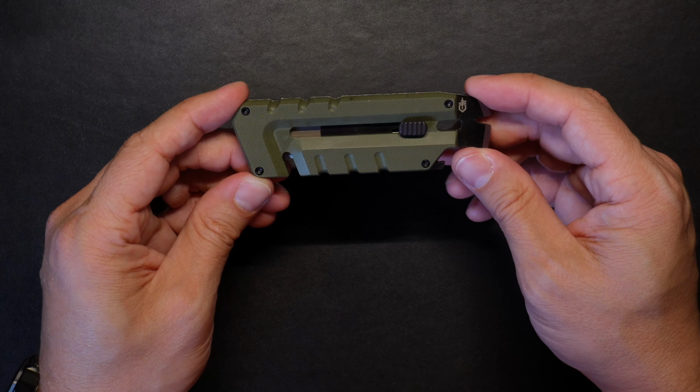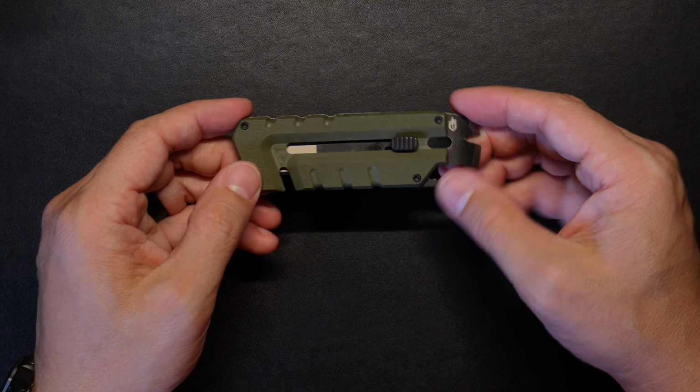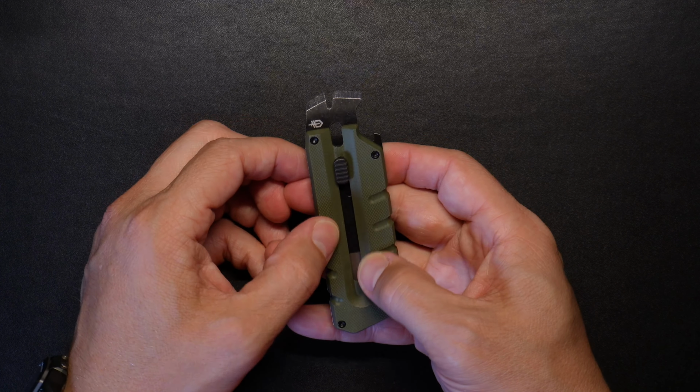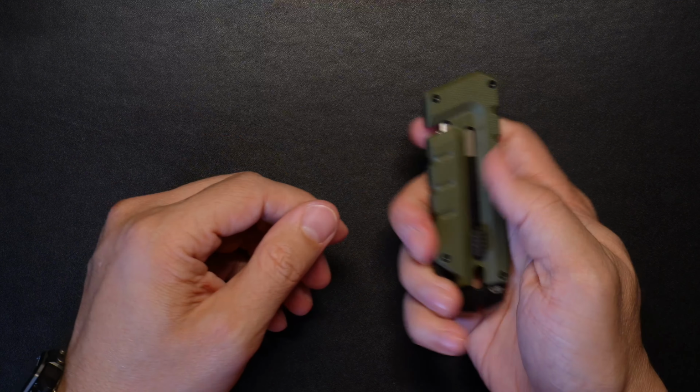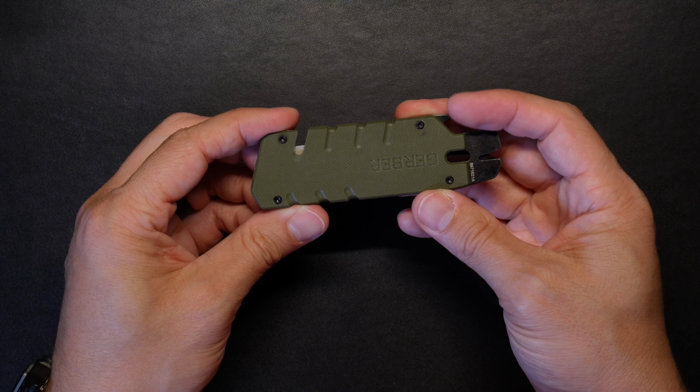But believe it or not, this is actually one of the most expensive ones that we have on the list, but it also has the most features, and it also has the best materials with G10 and good stainless steel on this as well. Now, the only thing that I don't like about this that it doesn't have is a